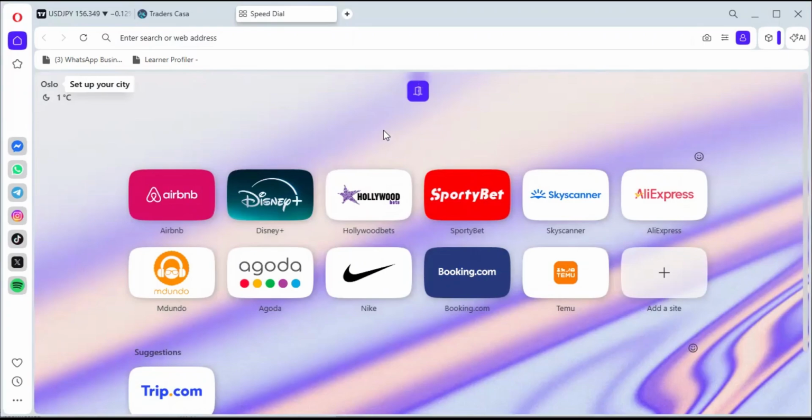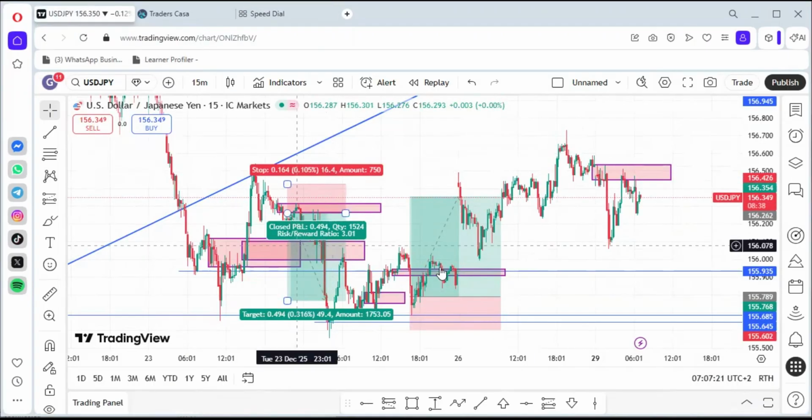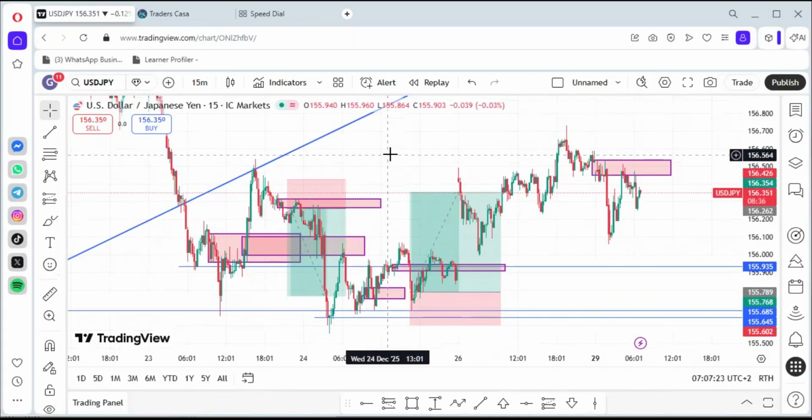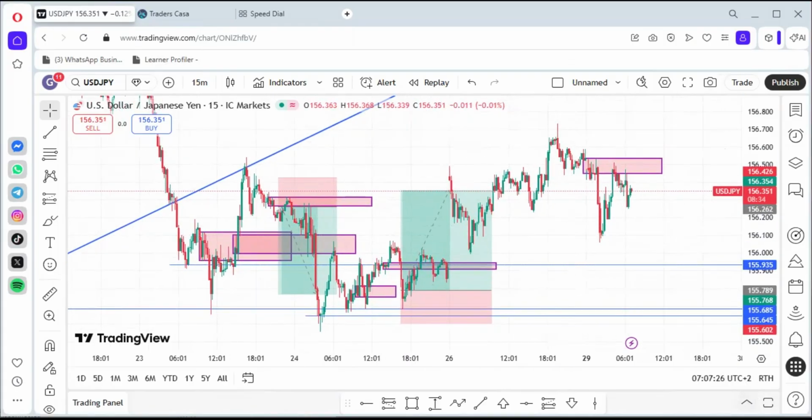How to connect your broker to Tradingview. So you log into your Tradingview. As you can see, I've already logged into my Tradingview, and then you come to this arrow right here that is pointing up. You can see there that arrow that says open panel,